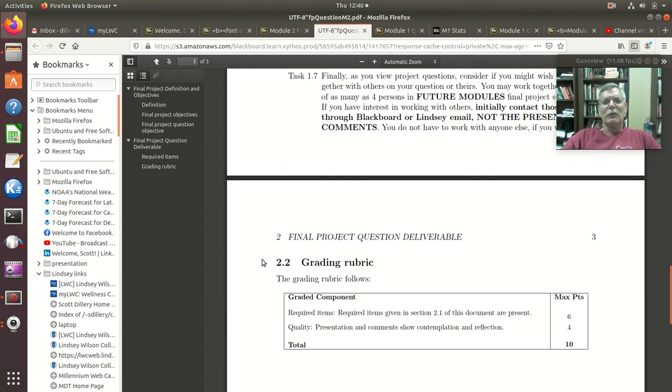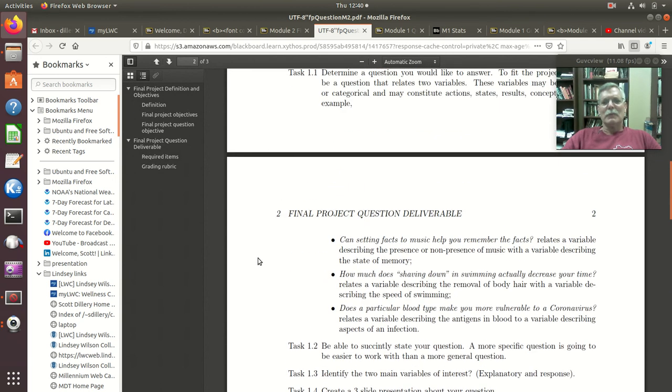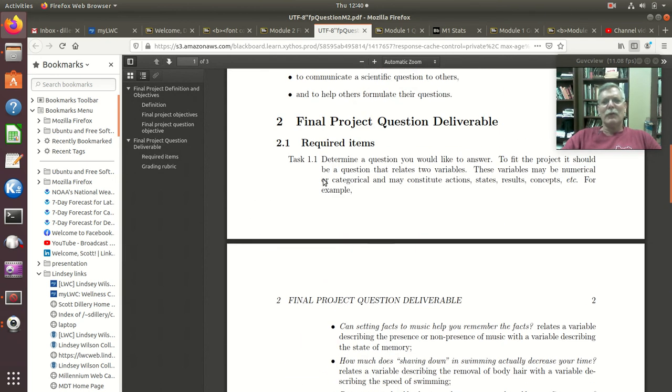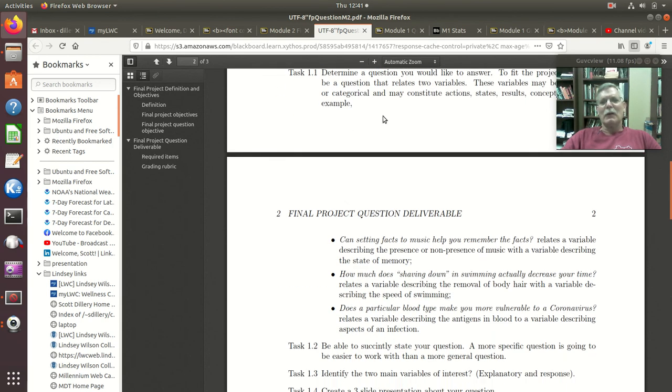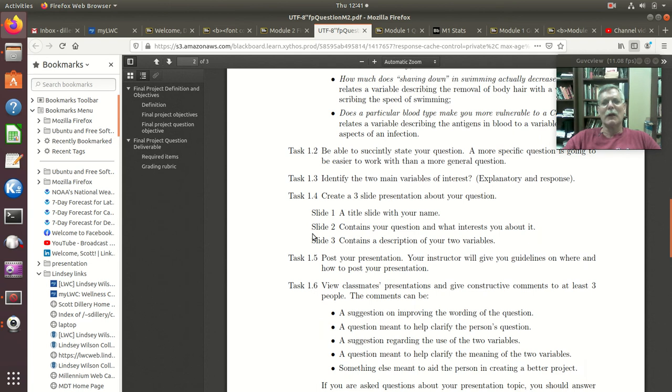But here, like the module projects themselves, it will ask you to do some things. It'll have required items, and so you'll need to determine a question, and here's some example things to help you think about it. The biggie for each of these is this stuff.